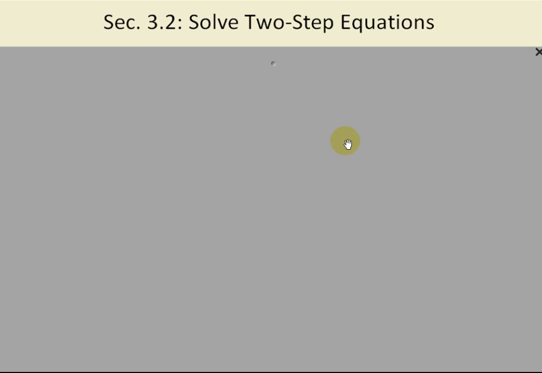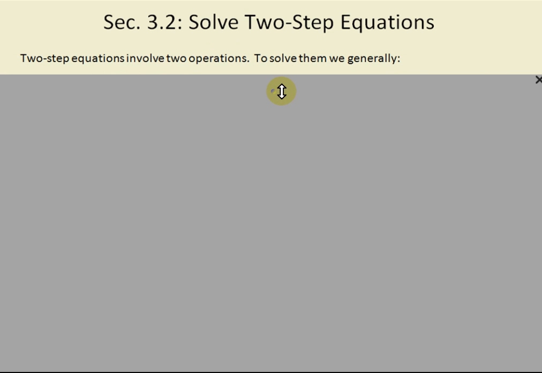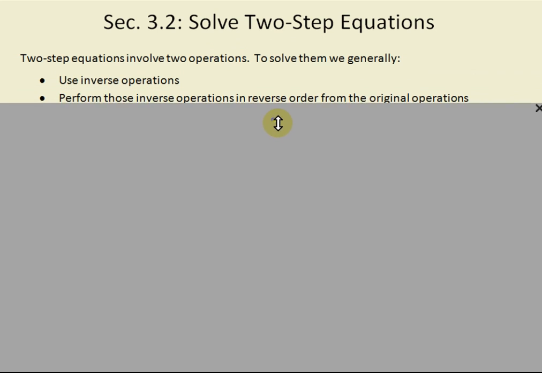In section 3.1 we solved one-step equations and we used inverse operations to solve those. Now we're going to kick it up a notch and look at two-step equations. So these are going to involve two operations, and as a basic rule we're going to first of all use inverse operations just like we did with the one-step equations, but now because we have more than one operation to deal with, we're generally going to have to perform those in the reverse order from how we would normally perform